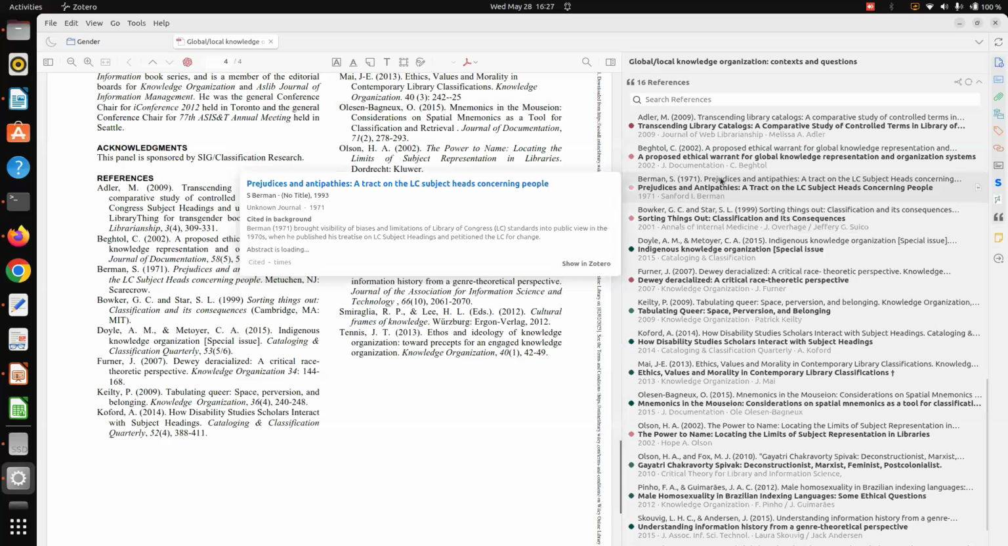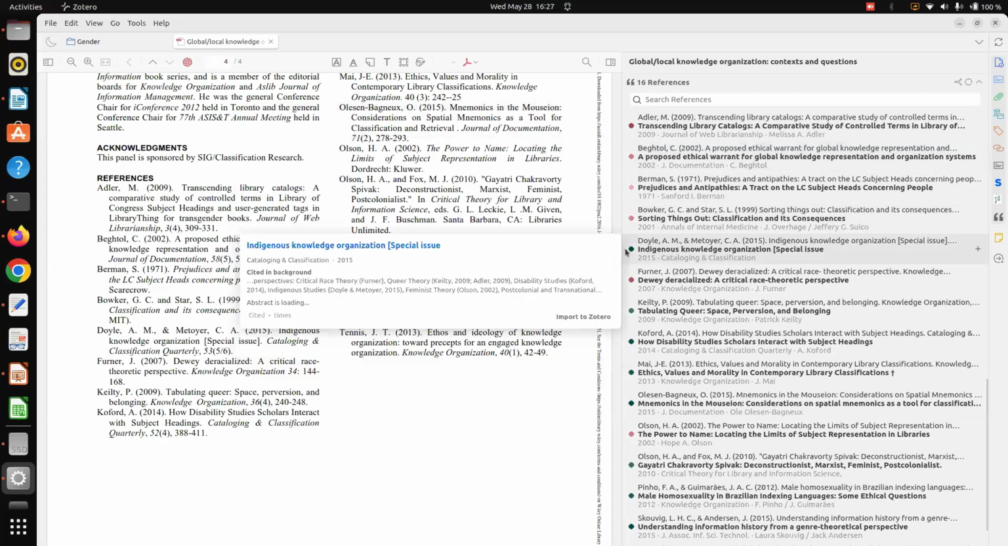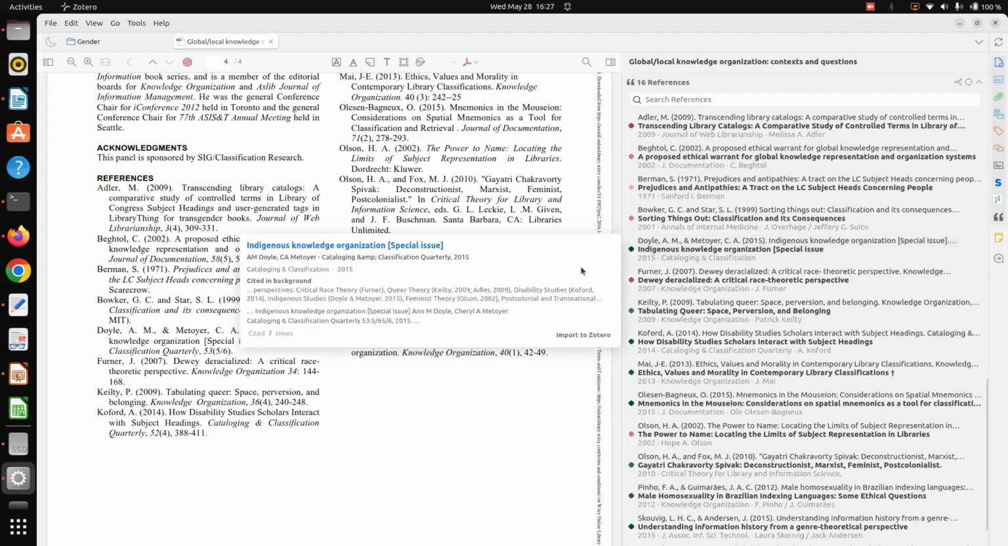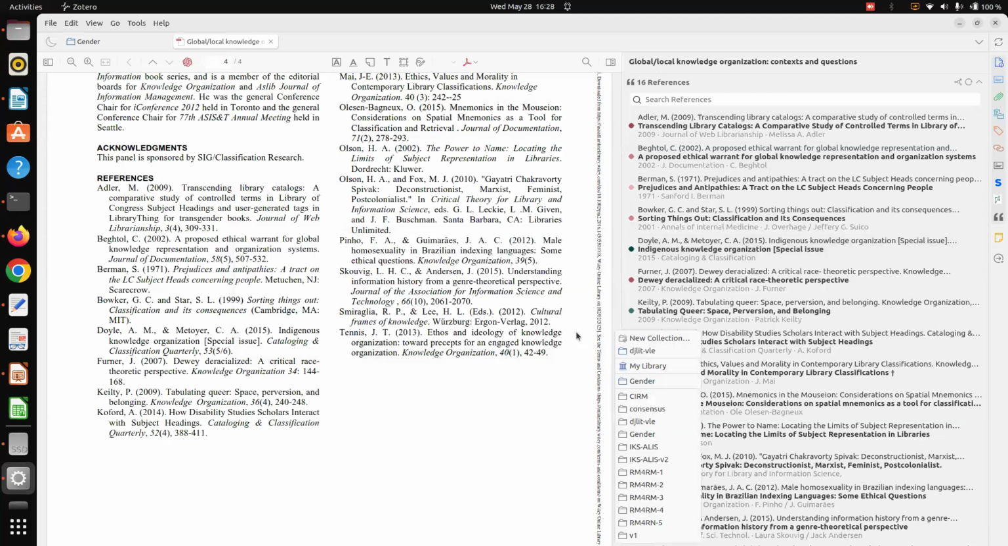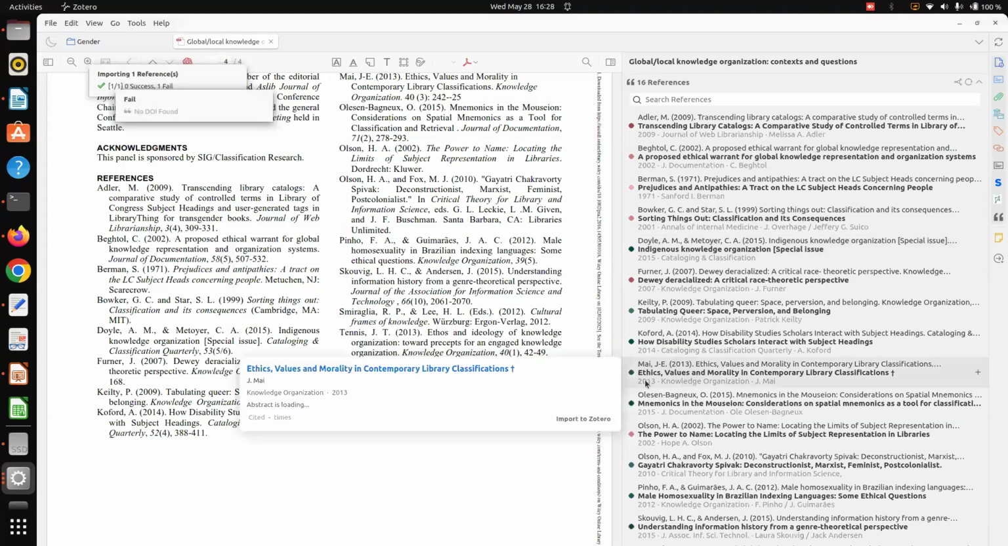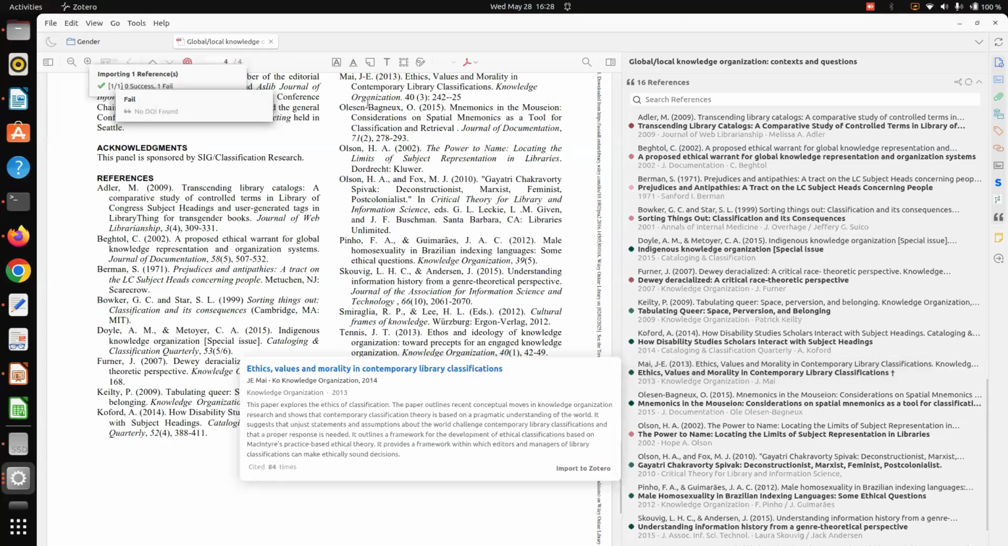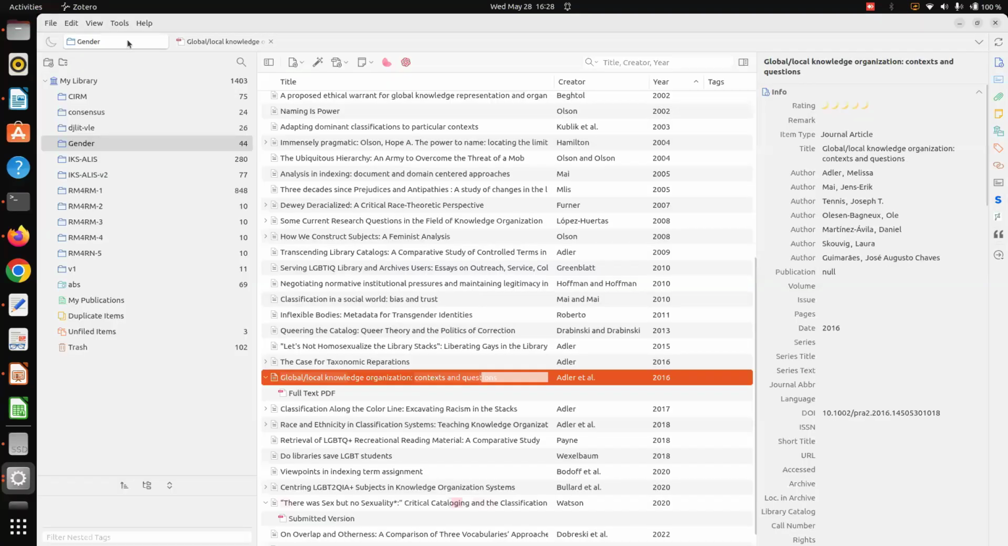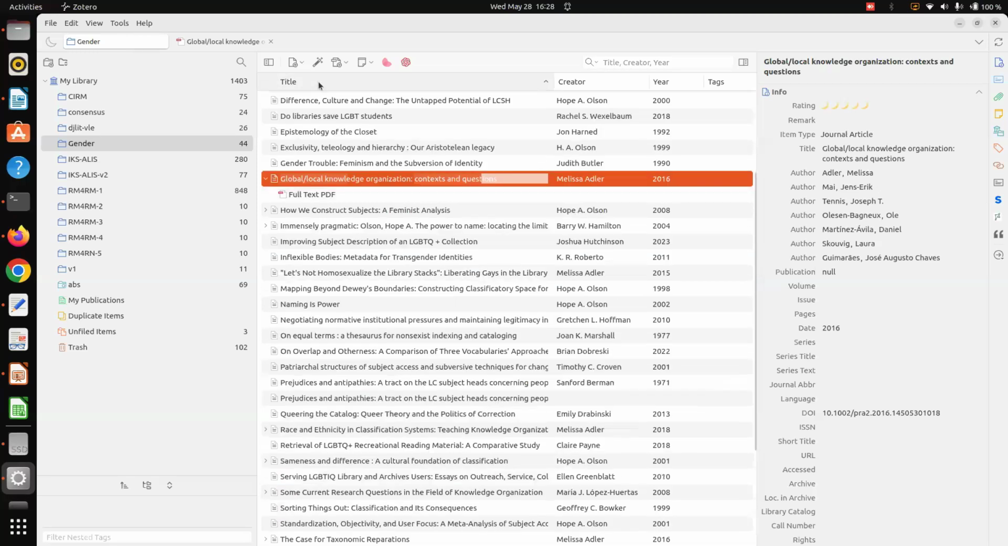So most of the different papers are marked in different colors. This particular paper I don't have in my collection. This paper is Indigenous Knowledge Organization System by Doyle. So I can import this paper into my collection. Then I can say which collection I want, gender. So now if I come here, you see that this particular paper actually came into my collection. If I go by the title,